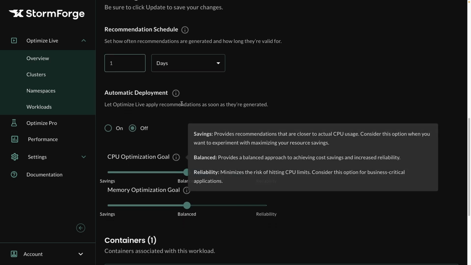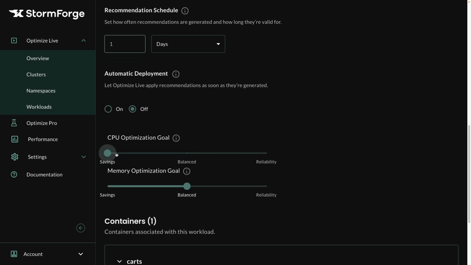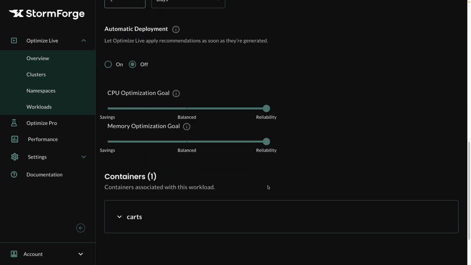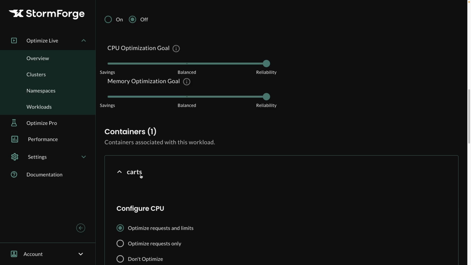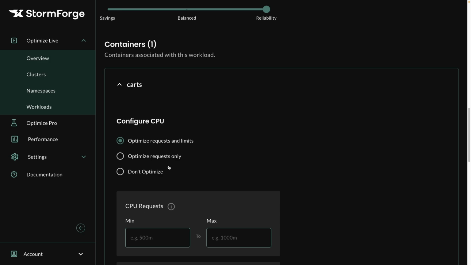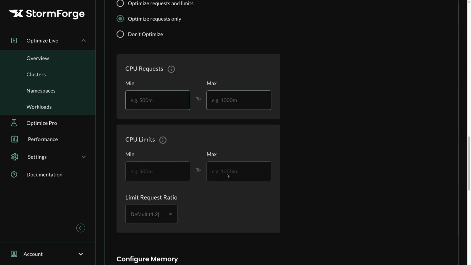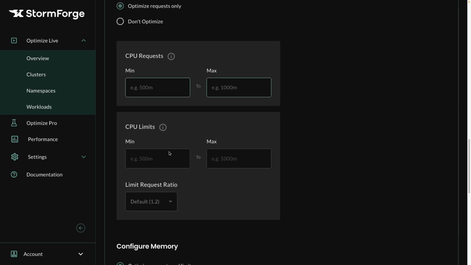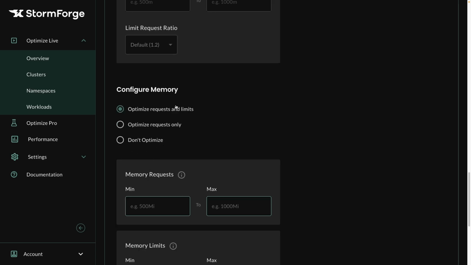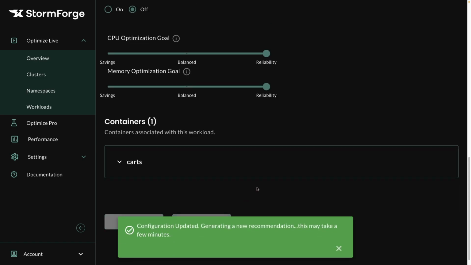Okay. And then I have the option, don't worry about this automatic deployment yet, we're going to talk about that in a second, but I have the option here to set savings, balanced, or reliability. Okay. So if I go to reliability, that's full performance, right? I know I'm doing it based on this container right here. And I can specify if I want to optimize requests and limits, optimize requests only, or don't optimize. I can set my min and my max for CPU. Same thing for memory. Okay, I can set requests or requests and limits. I can set the min and max here if I want to,